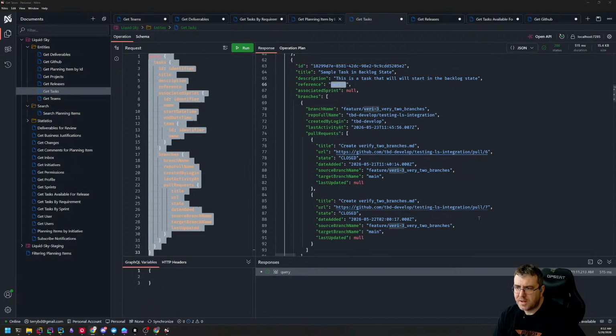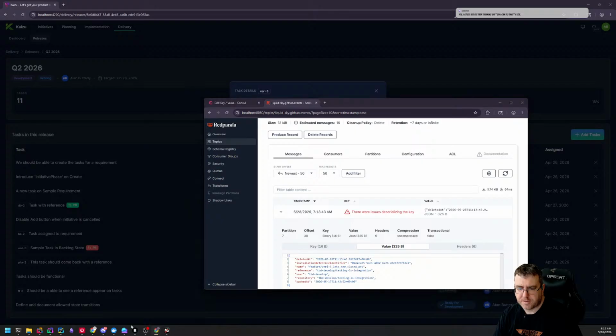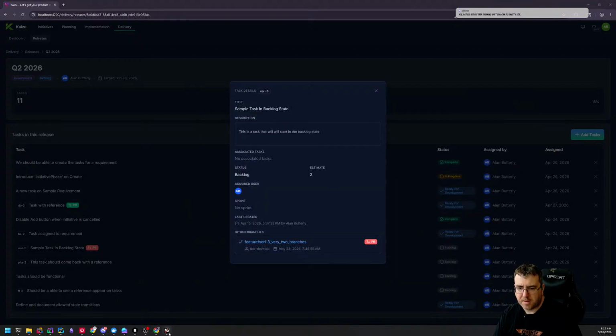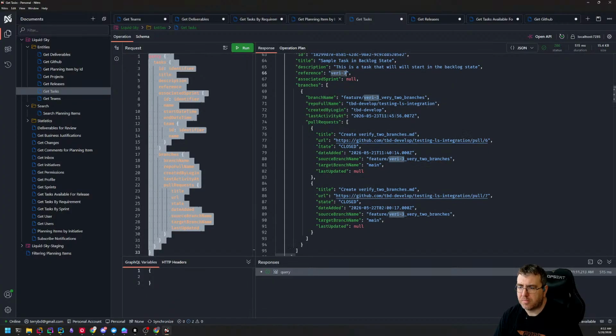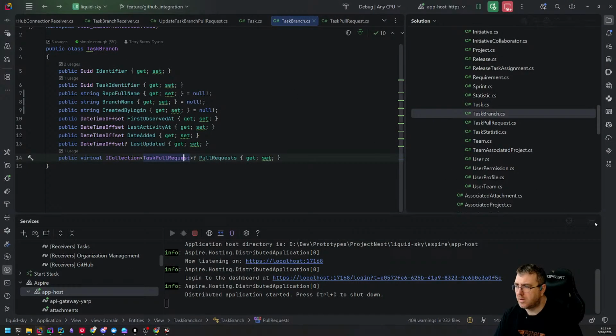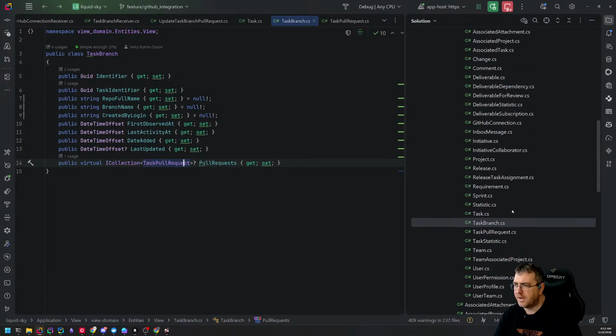Fair enough. Pull requests. So, vary two branches. The heck? So I have two PRs against that one branch. That's interesting. Then I have the one branch coming down, so the branch is there. So I need to modify it to be if the branch is deleted and there's no PR,